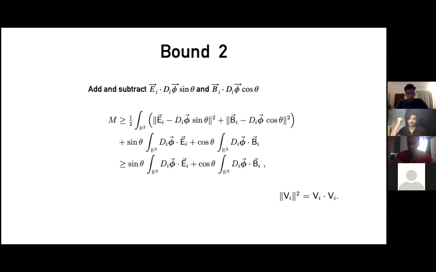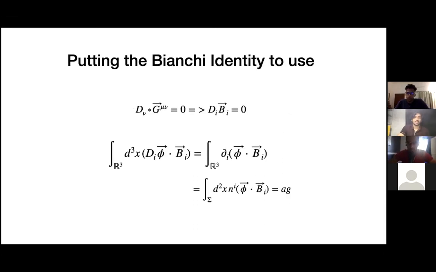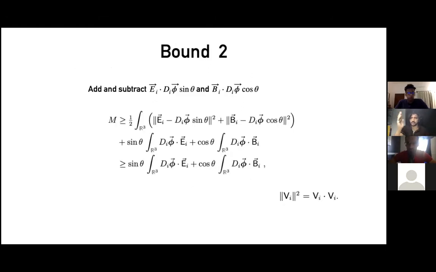They're a sum of two positive things, which means that they can only increase the value of whatever you add. And so the remainder here, sine theta D_i phi E and cos theta D_i phi E dot B, are going to be smaller than the sum. And this is what we'll work with. Right, so far everything is followable. So we're trying to just find bounds right now for the masses. Exactly. Okay. And then arrive at... okay. Got it.